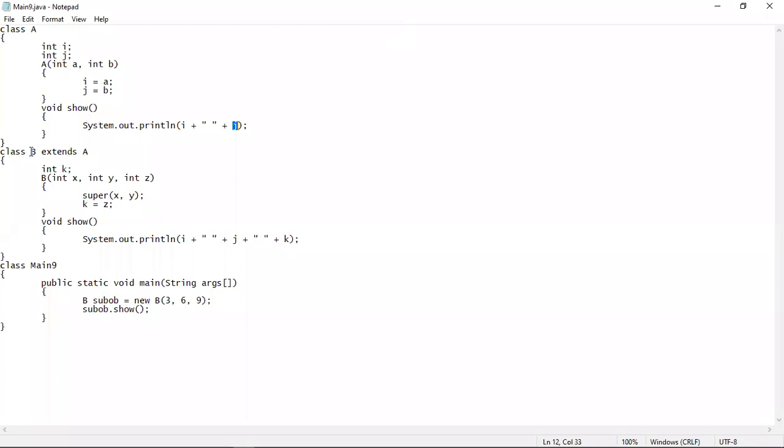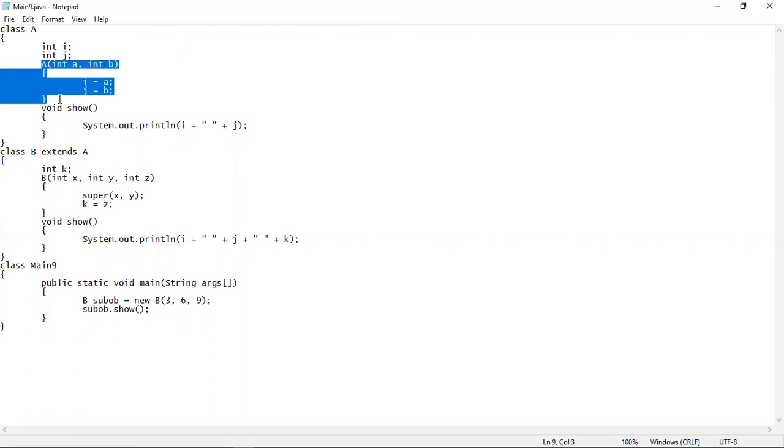After that, we have defined a subclass B. The extends keyword is used to make B the subclass and A the superclass. This k is the instance variable of the subclass B. This is the parameterized constructor of the subclass B, and these are the parameters of the constructor. This is the super keyword, which calls the superclass constructor.